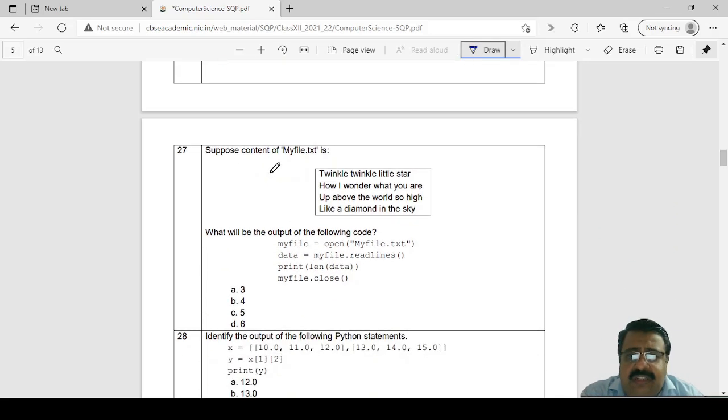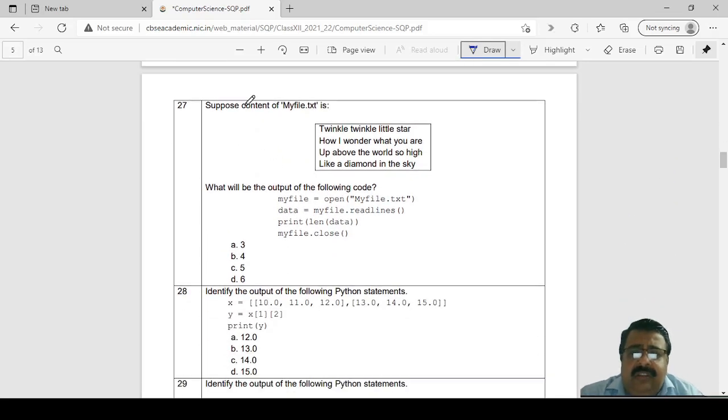Let us go to the next question. The content of my file is this. What is the output of the following code? myfile equal to open myfile.txt, data equal to myfile.readlines, print len data, myfile.close. Now,